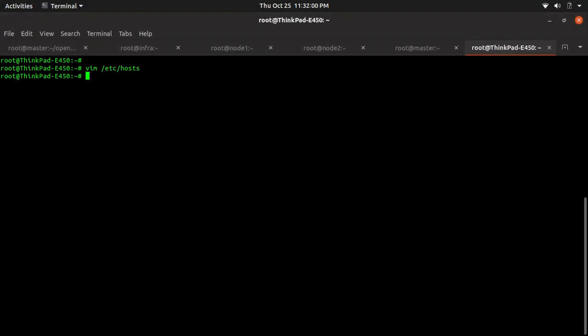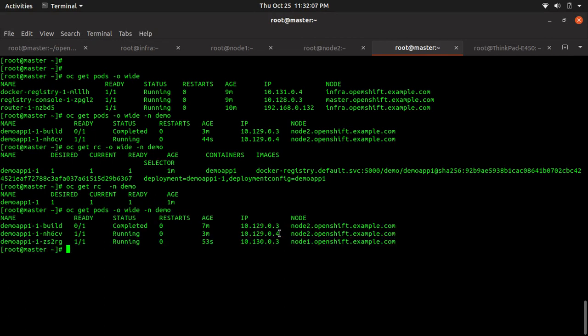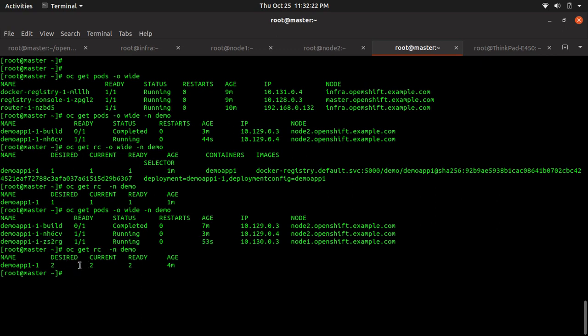Let's see the information. Where are they running? You can see one is the build completed. This one is running on node 2 and this is running on node 1. Yes, and now the desired state of this one is 2, right? This is the way. If you want to scale down, you can do